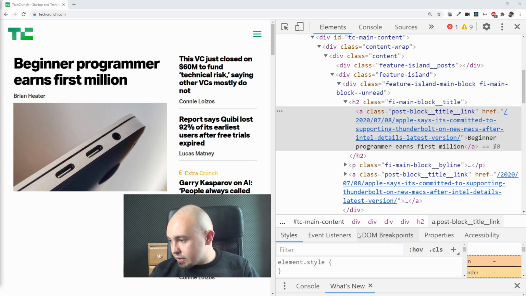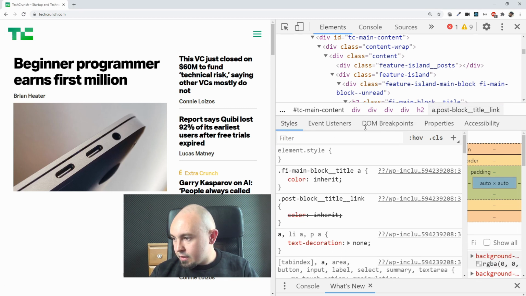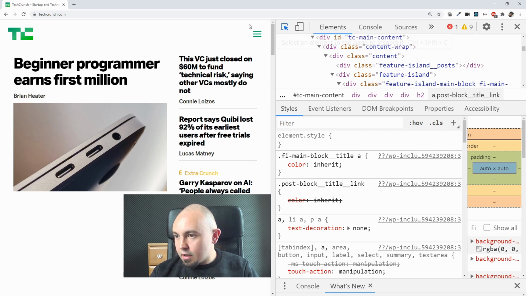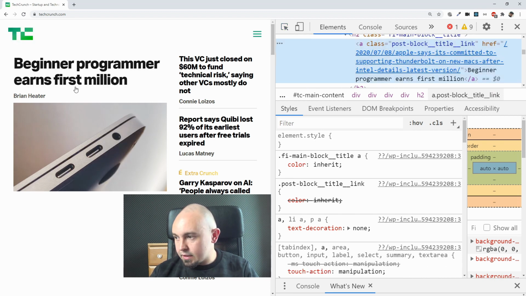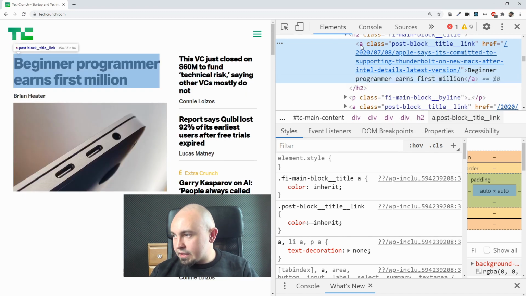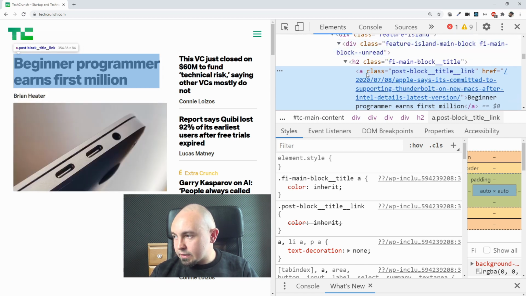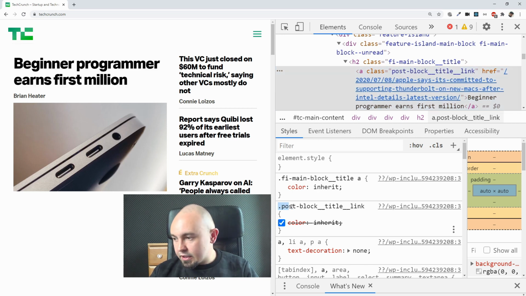Now when we change content on our website, we can change its layout as well. So what we want to do is to go to this styles overlap. Let's make it bigger. Let's mark our heading once again, like this. And now what I want to show you, something I mentioned before, is that we have this a tag, which is our heading, and it has class post block title link. So the class in HTML in the structure is marked like this, but in the CSS it's marked like this